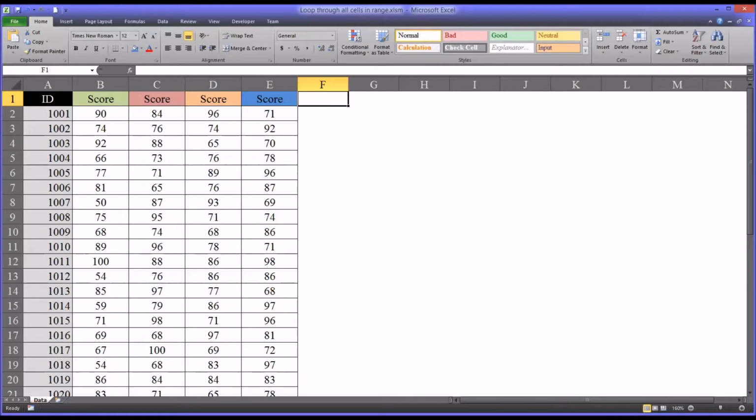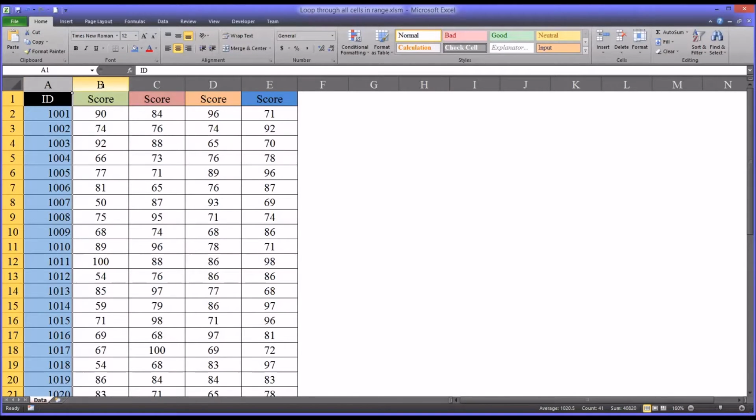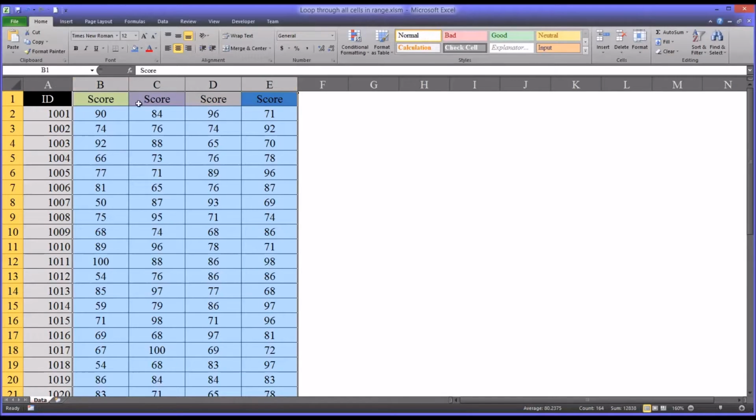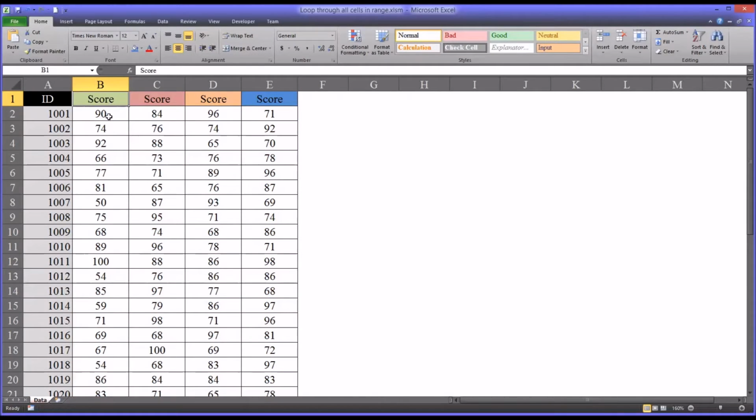Welcome to my video on looping through all the cells in a range. So I have fictitious data on this worksheet. You can see there's an ID variable and there's 4 scored variables. And I'm going to demonstrate how to select a range, a grouping of cells, and then have the same code